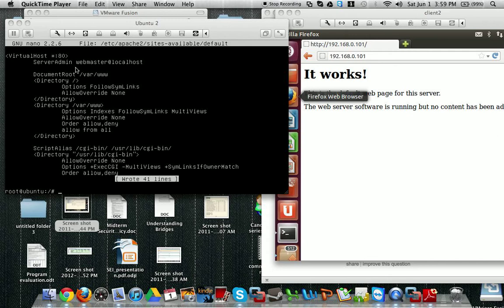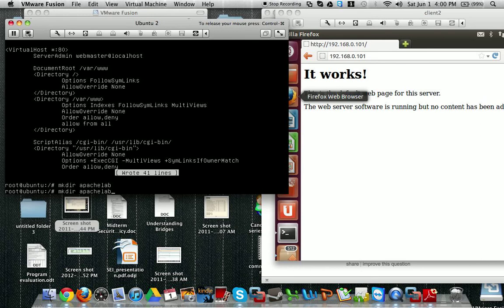The default location is var/www, but we're going to change that to Apache lab / I don't know, test, and then I'll show you how to configure Apache to find that. So first off, let's start by creating a folder under root. Let's call it, as I said before, Apache lab, and then let's create